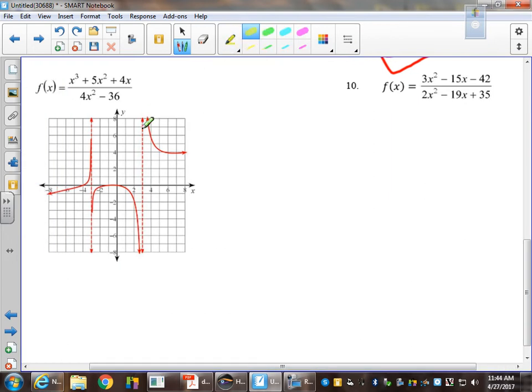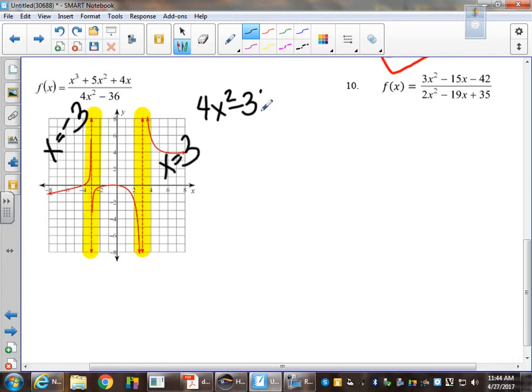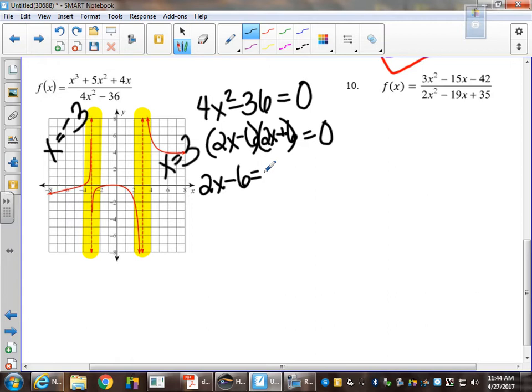Number 9, we're going to start by highlighting our vertical asymptotes. And now we're going to label them. X equals 3, it looks like, and x equals negative 3. Set our denominator equal to 0. Again, there's two ways we can solve this one. You can either solve it by factoring, and you will have 2x minus 6 and 2x plus 6. And when you set those each equal to 0,